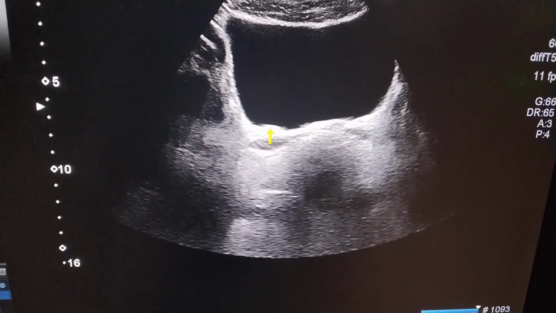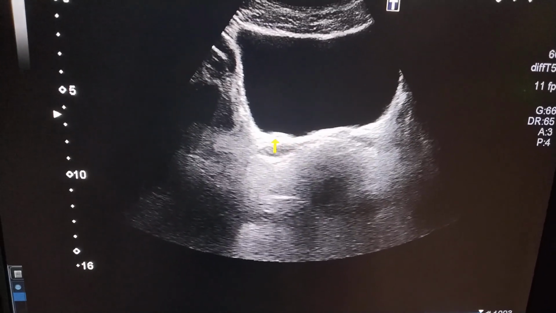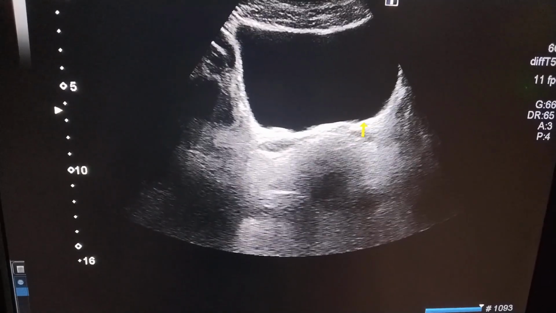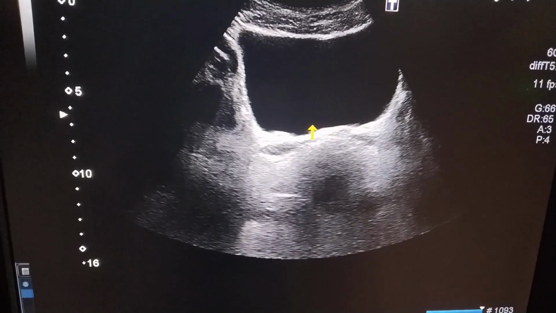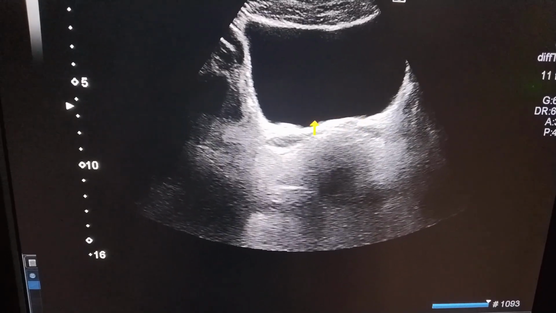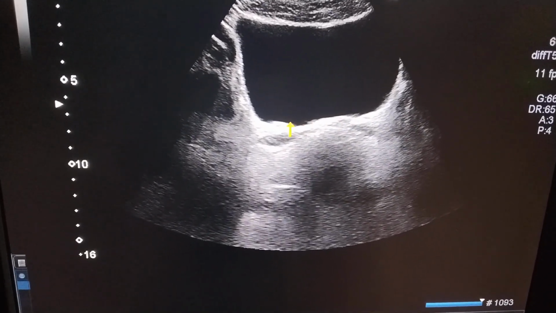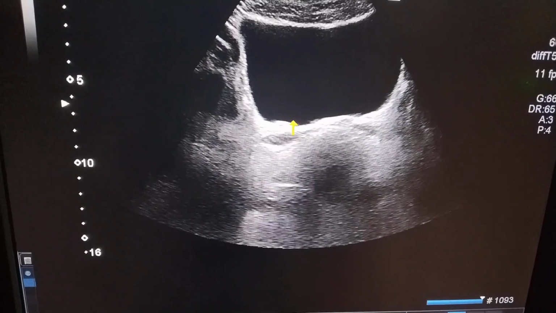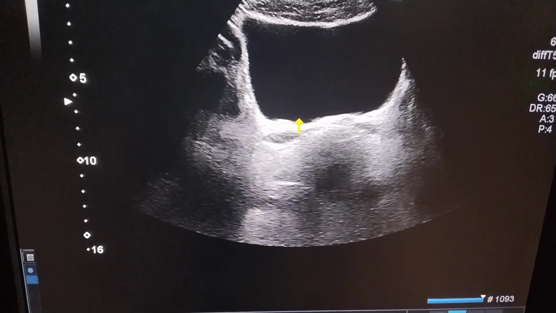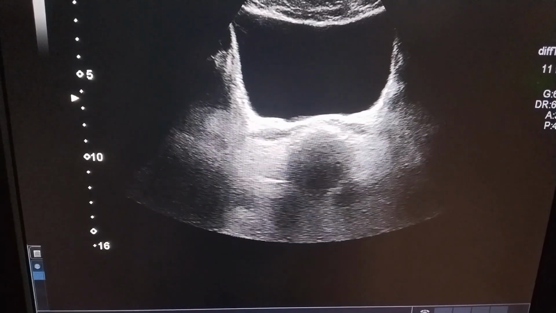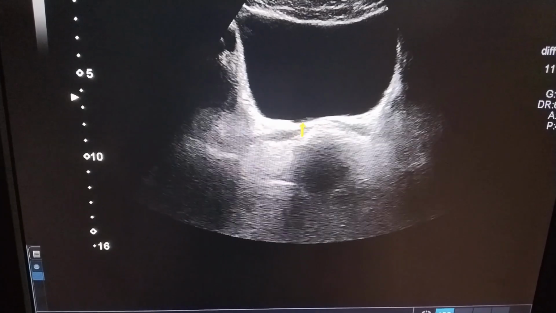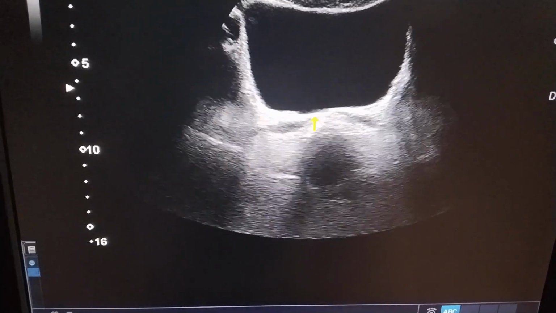This is the right and left VUJ, and the area between them, from here to here, is the trigone area of the urinary bladder. The trigone area is conical in shape. I am going to show you this in real time. This is the posterior surface, but when we